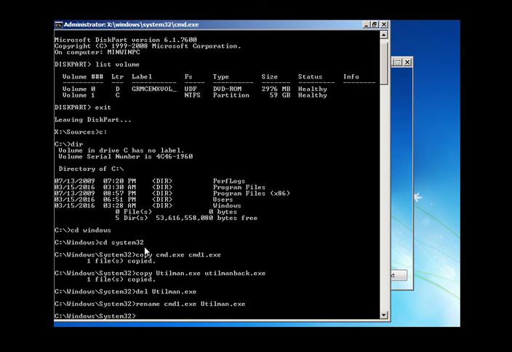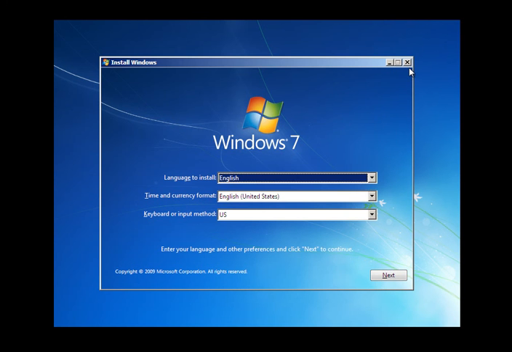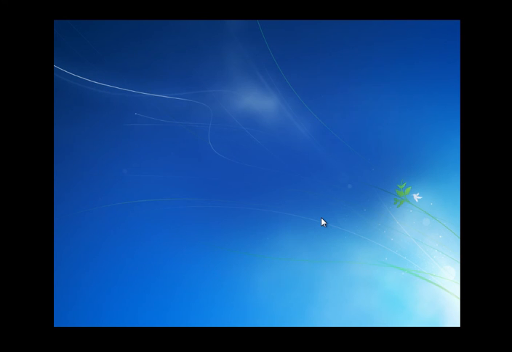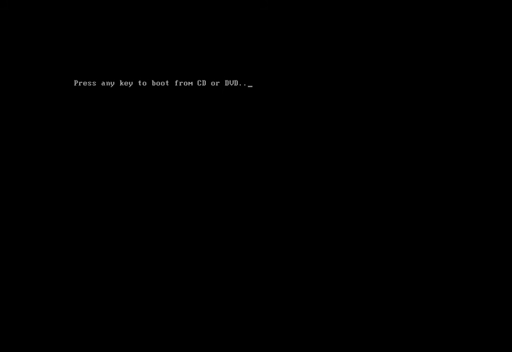I took a backup of the cmd file, took a backup of the utilman file, deleted the original utility manager file, and renamed the command prompt file to utilman. Everything has been done. Just close everything and restart the system.